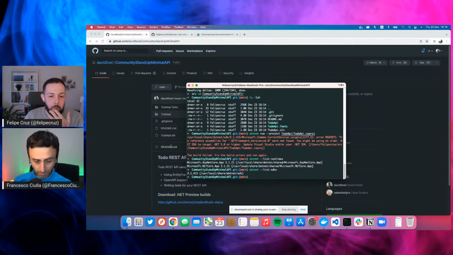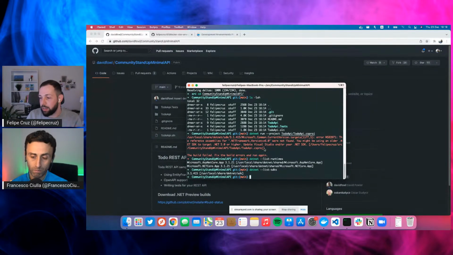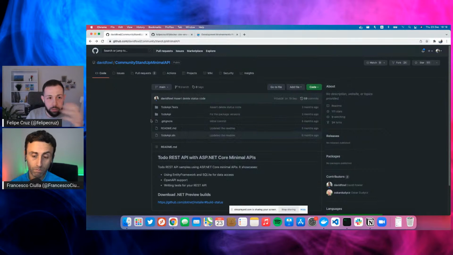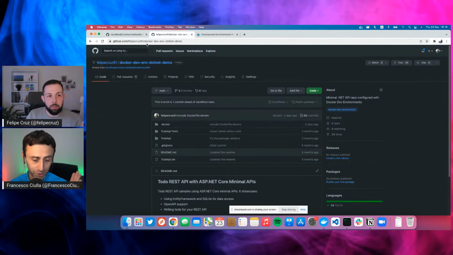Okay, so what I decided to do here is, instead of going to the official website of Microsoft and downloading .NET Core 6, I wanted to try and see how this would work with Docker dev environments. How could I run this project without installing the .NET Core 6 SDK on my local computer? So what I did was just fork this project. Which sounds like magic, but black magic. But let's see. It's good magic. So we forked the project, and